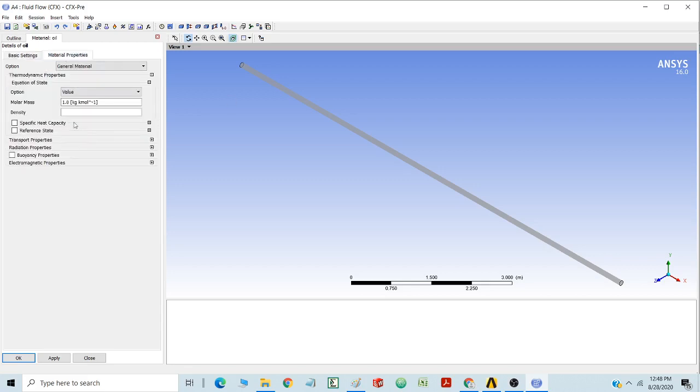Then material property, molar mass, density. I am not thinking about molar mass because it will not make any effect unless you have any kind of heat transfer analysis. So right now I am writing 930 kg per meter cube, because the unit is kg per meter cube here. Okay, so this is 930 kg per meter cube.